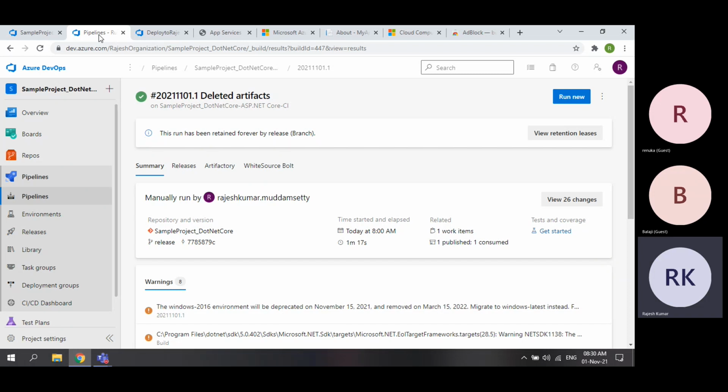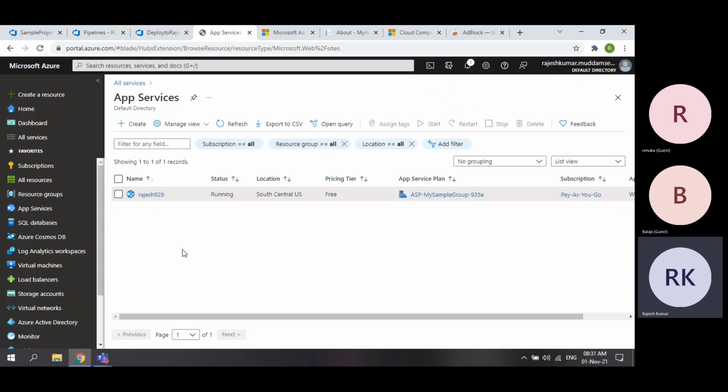So how I made this? Because I know what is there inside the code and I know where I need to deploy. These all details you will get it from development team. So that's why I always used to tell my students, you need to work closely with the development team. So then only you will understand what is the requirement, how to create build pipeline and where they want to deploy.